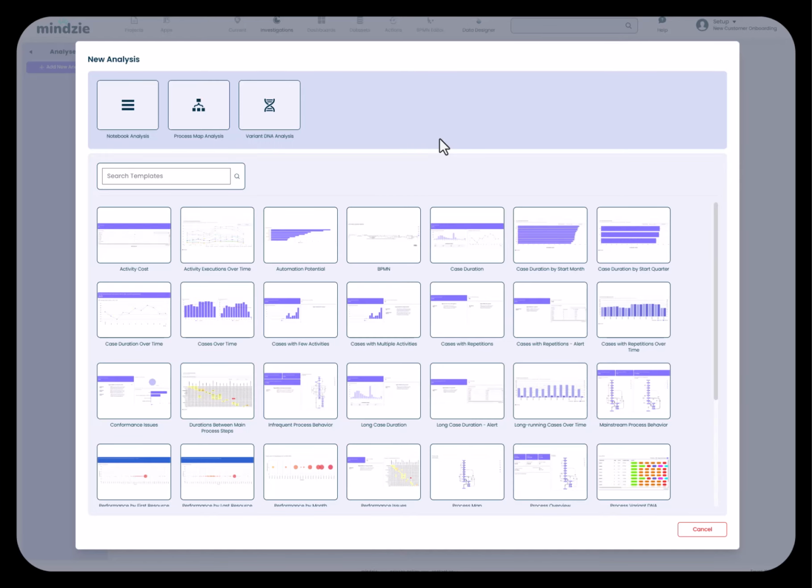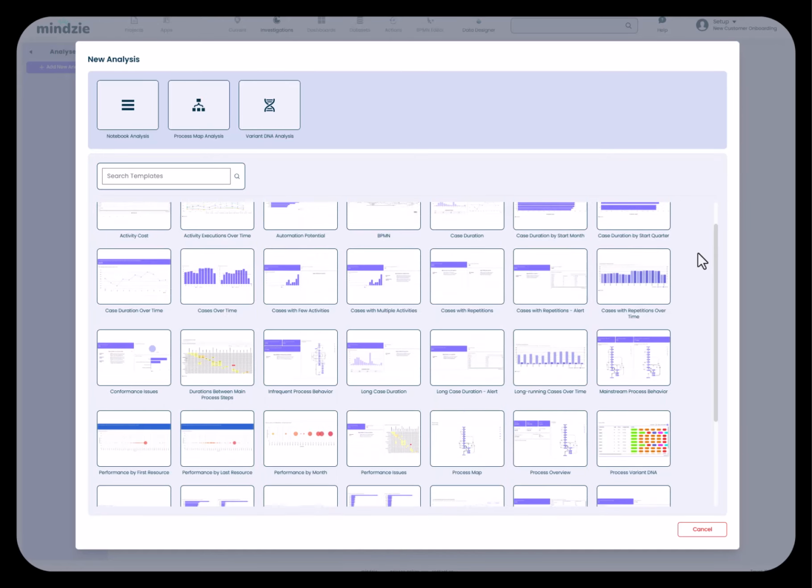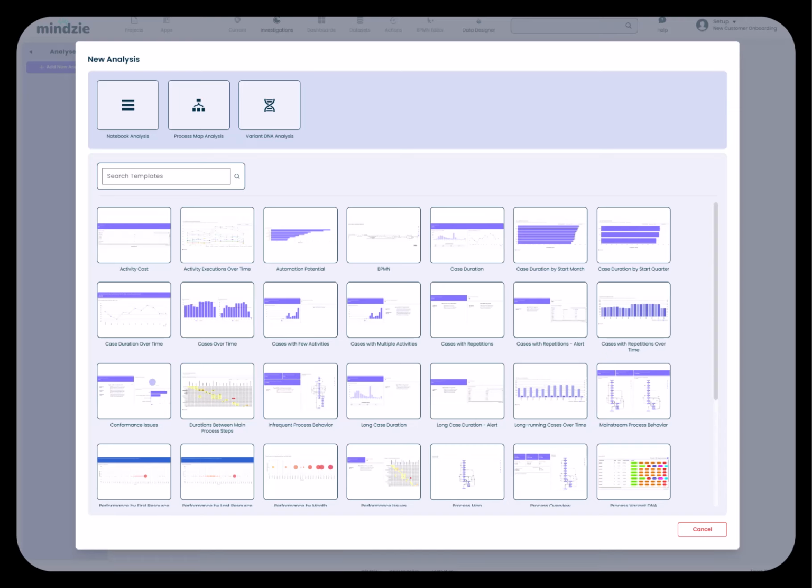So you can see here we have a laundry list of templates. That's just a little bit of shortcut for you. If you want to go ahead and use those, you can as well, but you can also create these things from scratch. So I can create a blank notebook if I want, a process map notebook, and a variant DNA analysis, all with a click of a button. In this particular scenario, we're going to start populating